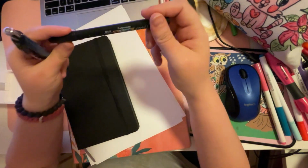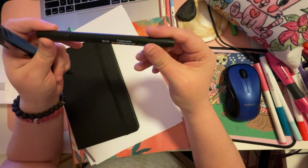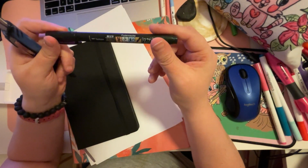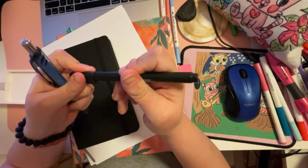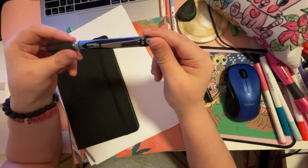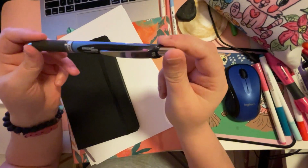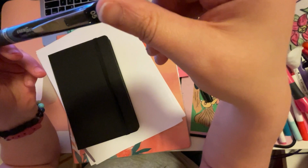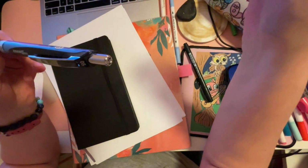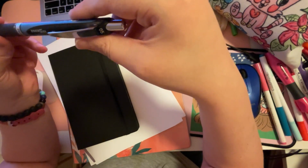I'm using Tombow Fudenosuke, I think that's how you say it, but I'm using this Tombow Refresh pen. I love this thing. It's one of my favorite pens. For the note-taking part, gel pens are becoming my favorite thing to write with. I used to love writing with the ballpoint pen, but I'm finding my handwriting is so messy. But with the gel pens here,